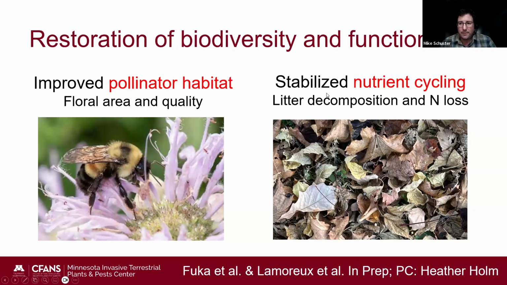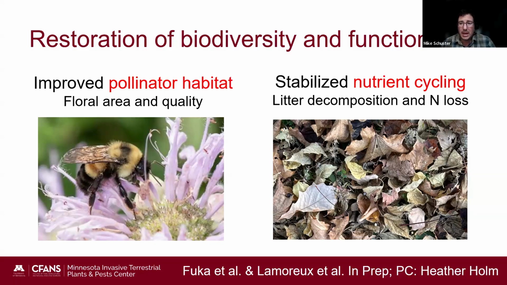We also see add-on effects of this restoration method, right? By reestablishing these native plant layers, we are restoring biodiversity and function to these systems. For example, by reestablishing a diverse community of grasses and forbs, we see improved pollinator habitat. Notably, that's the forbs doing the work there, but we see improved pollinator habitat, particularly of things like rusty patch bumblebee preferred species. We see greater floral area in our restoration areas where we seeded because we put those species there,